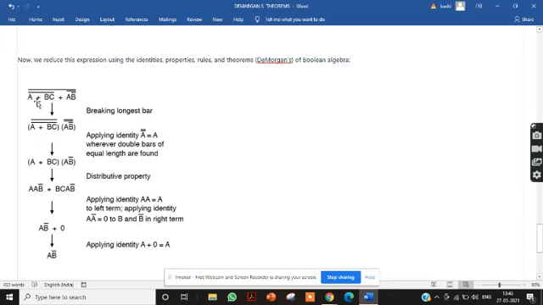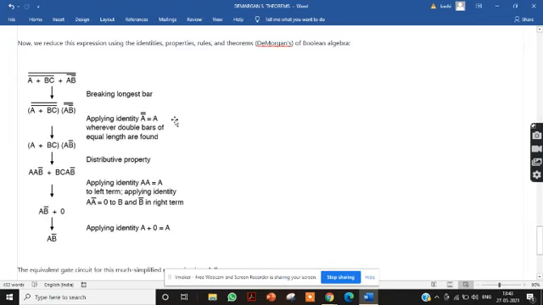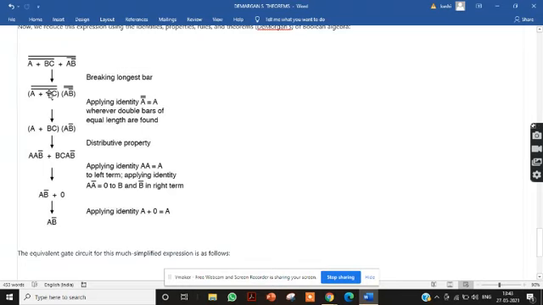So we have two terms here. This is one term, and this is the second term. Applying addition here, we will get a multiplication: A plus BC bar whole bar, and AB bar whole bar whole bar. Applying the identity A bar whole bar is equal to A, what will you get? This becomes A plus BC. Here you have two bars upon AB bar, so you will get AB bar.